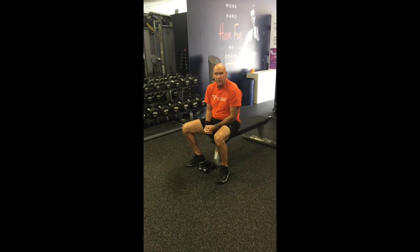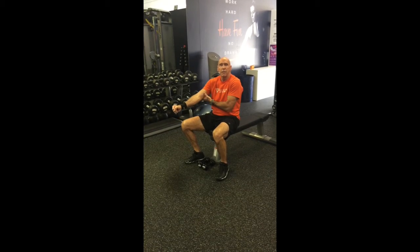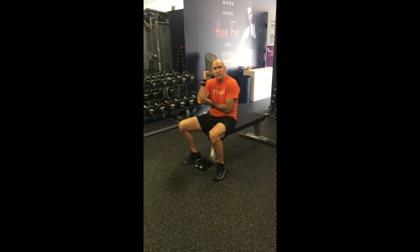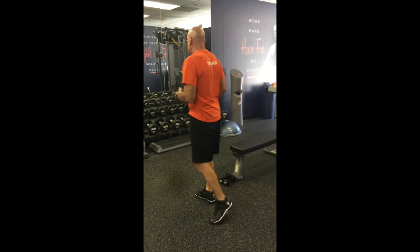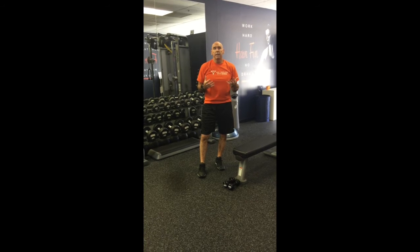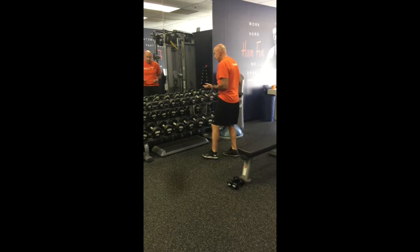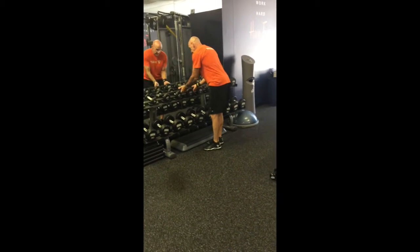they ask me about speed of repetitions. There's no extra points for speed. What you want is a full, complete contraction at the top. You want the weight or the resistance to be controlled. So there's no advantage to doing faster, slower. Slow negatives do have an advantage in advanced weightlifting, but for our purposes today, I just want to give you the basic rudimentary fundamentals. Now to balance with the triceps, we want to work the biceps so that we've got